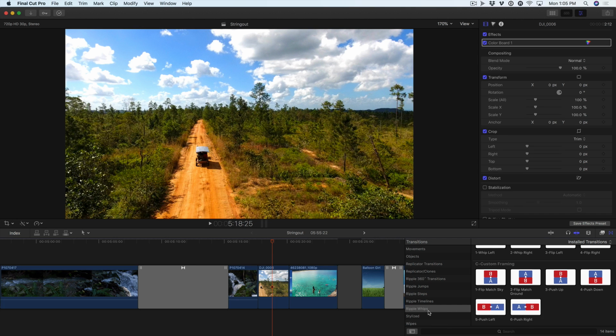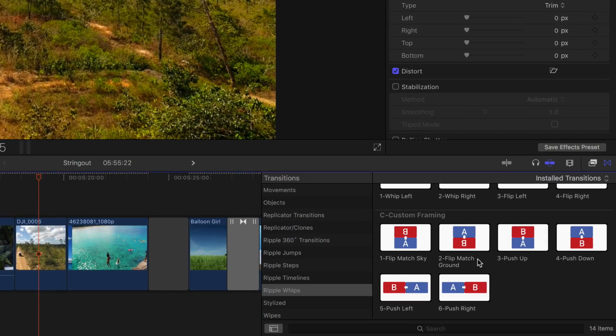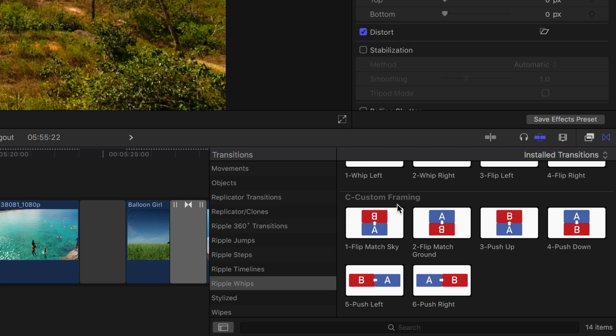This tutorial is for Ripple Whips. In this case, we're focused on the custom framing theme of the Ripple Whips transitions. And these all work pretty much the same way, so I'm going to use one as an example. The key about the custom framing is it gives you a lot of flexibility to determine exactly how this transition